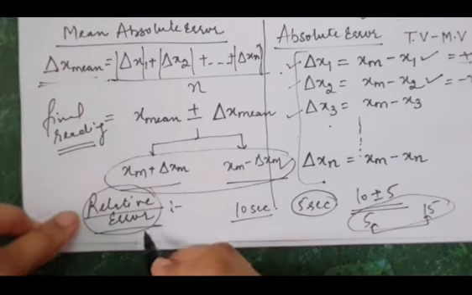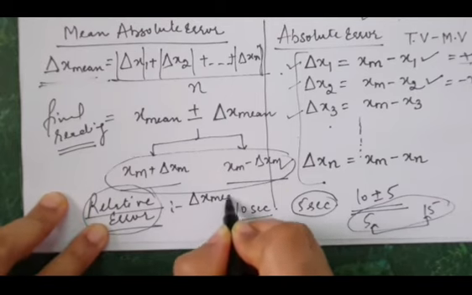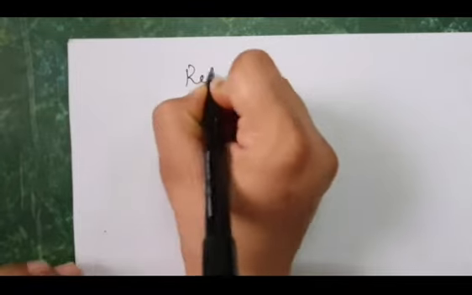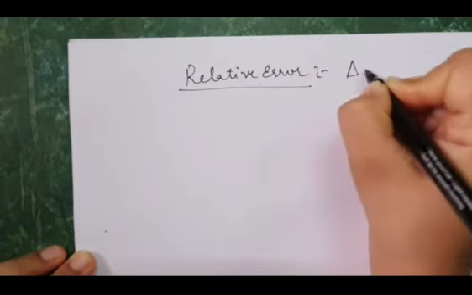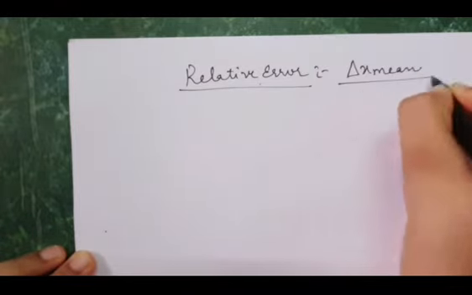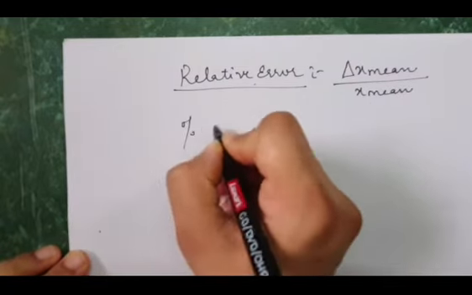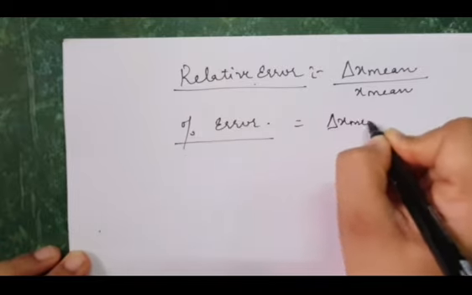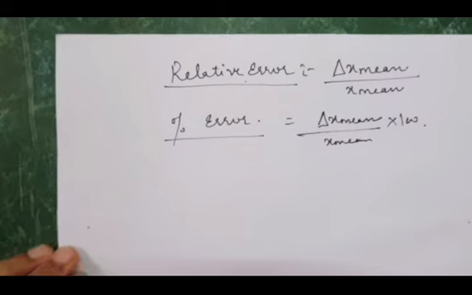तो रिलेटिव एरर, इसको कैलकुलेट करने का फॉर्मूला है द मीन ऑफ दिस एब्सोल्यूट एरर डिवाइड बाय द मीन वैल्यू. Let's write on the other page. The relative error is the mean of the absolute error divided by the mean value or the true value. Similarly, after calculating the relative error, you can calculate the percentage error by just multiplying the relative error with 100. Okay, so this will be the percentage error.